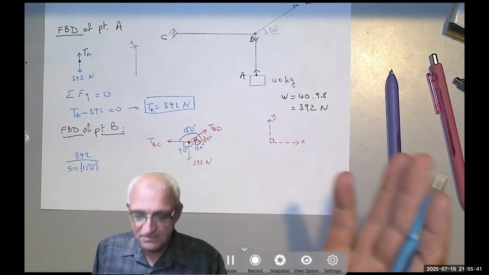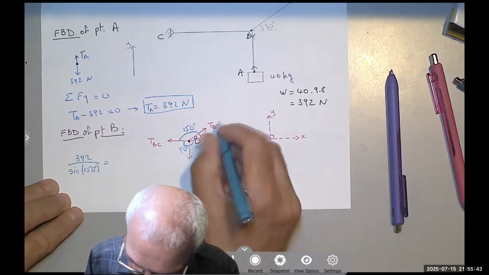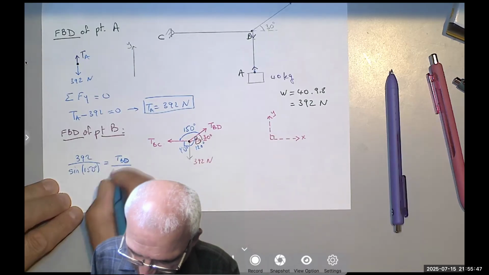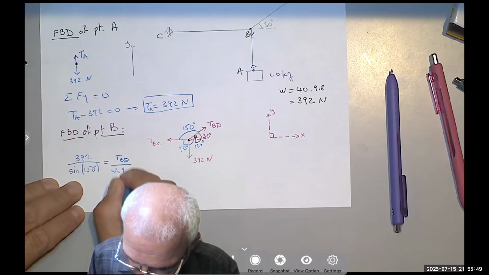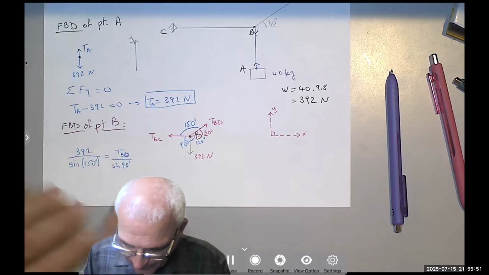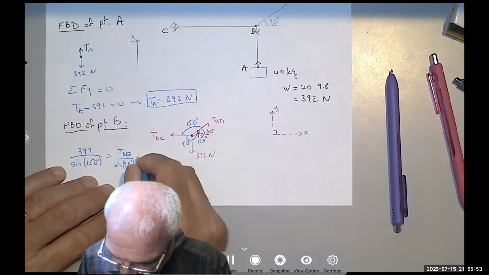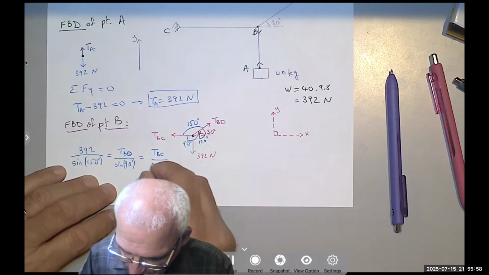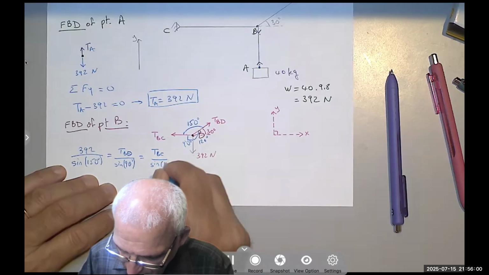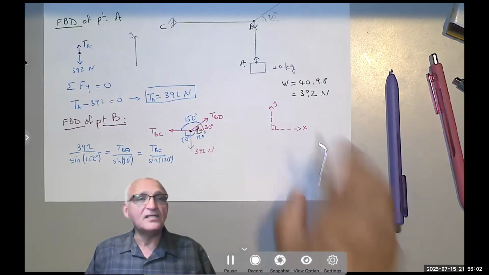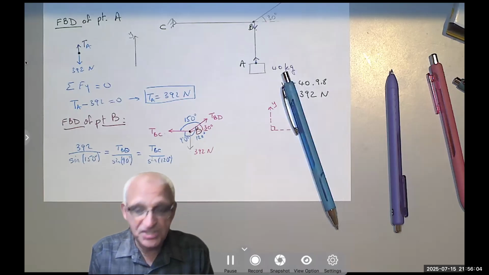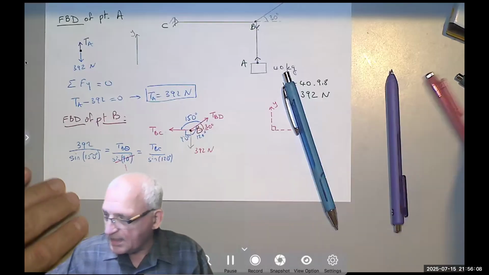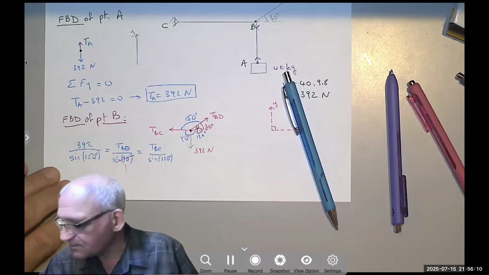That's a constant. Equals TBD over sine 90, which is 1. So TBD is that. Equals TBC over sine 120 or sine 60. You can write either one. And you're done. Instead of solving two equations in two unknowns, and you were lucky because this is 1, I can use my calculator